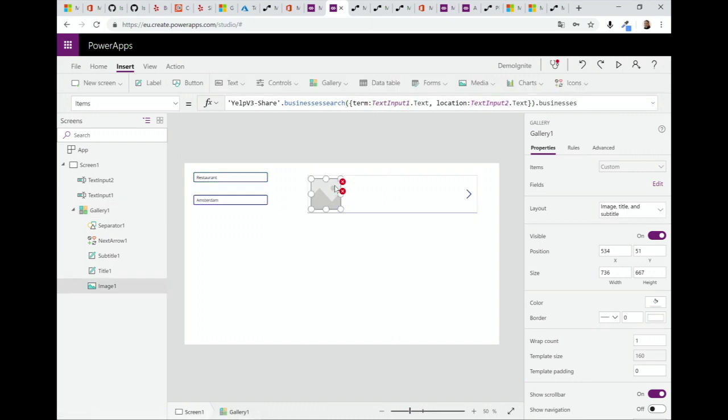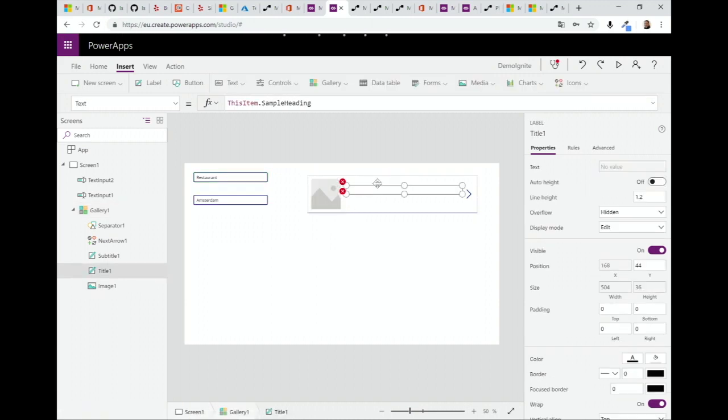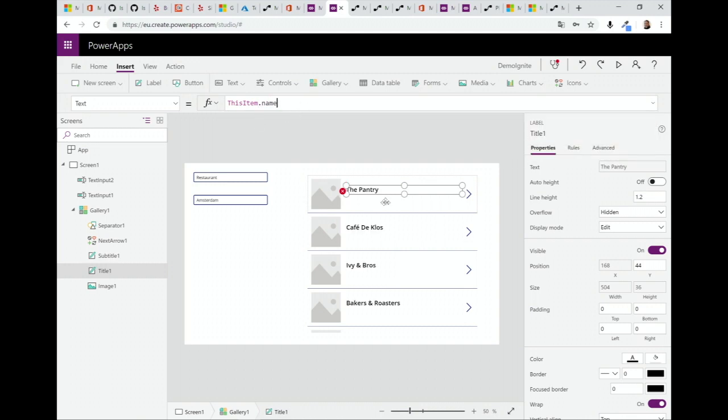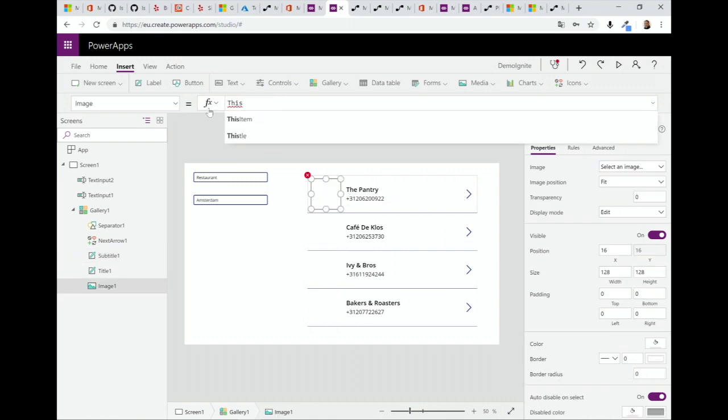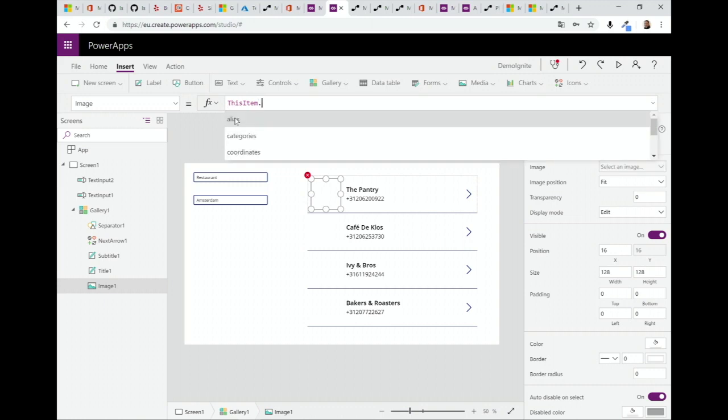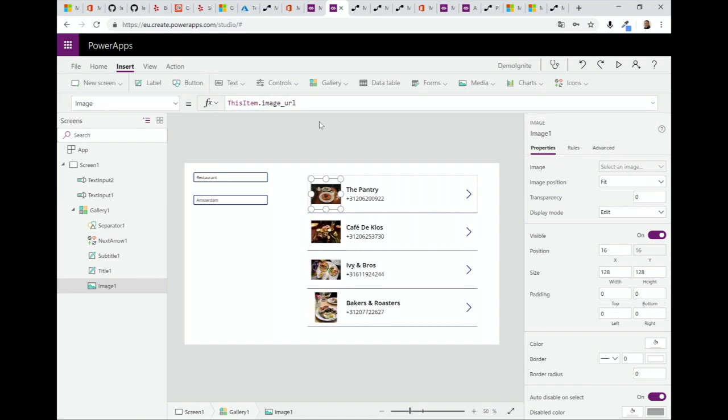That's it. So I have to modify the information here because, for example, here I will want to have item.name, and for this one item.phone, and for this one this item.imageURL, like this.